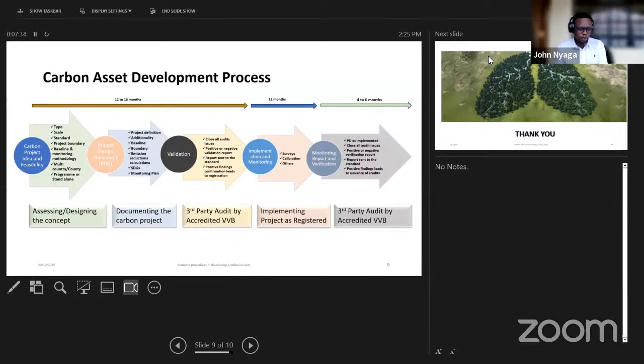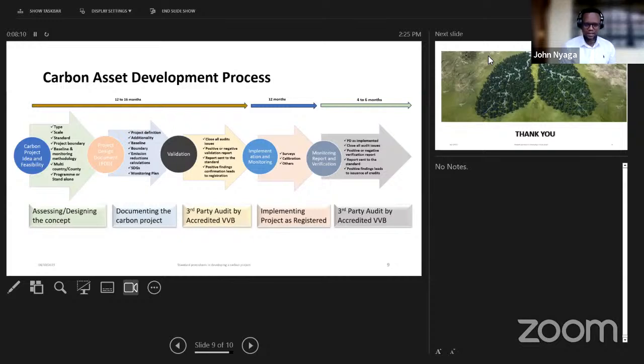And after that, if you're successful with your pre-feasibility and you feel, yes, I can proceed with the carbon project, then you proceed to step 2, where you have the project design document. This is a key document. We call it the PDD. And this document is usually submitted to the standard, the standard you identified. And this document is publicly available for every carbon project. For example, for a VCS project, if you go to their registry, you will be able to extract a PDD for every carbon project you have in this world.